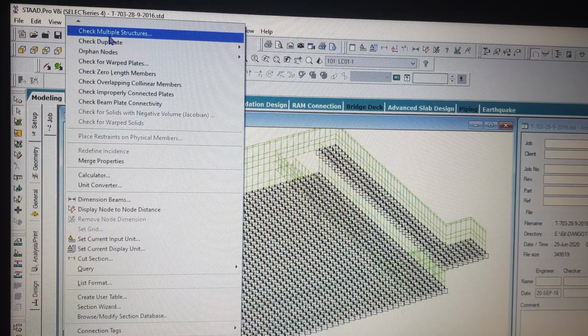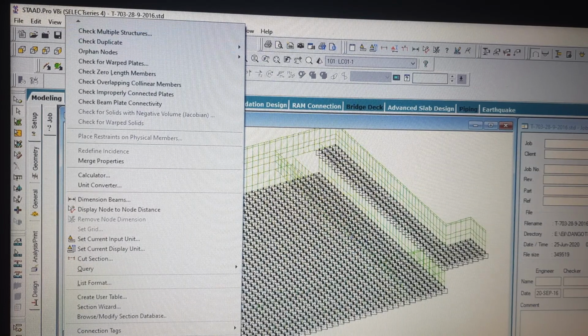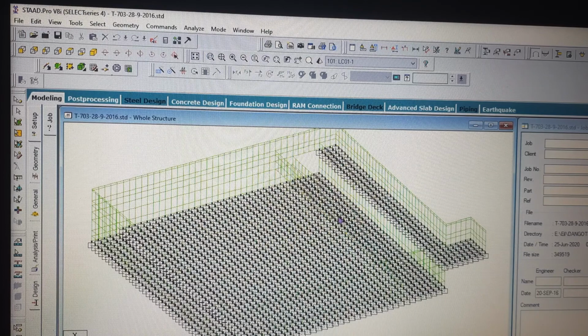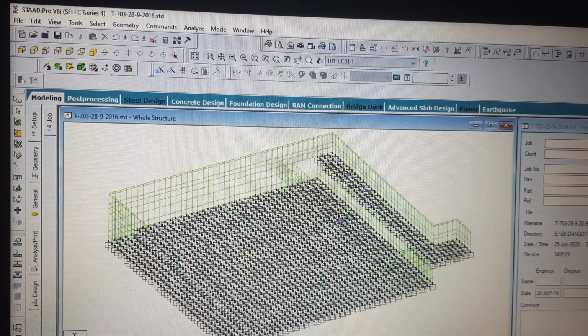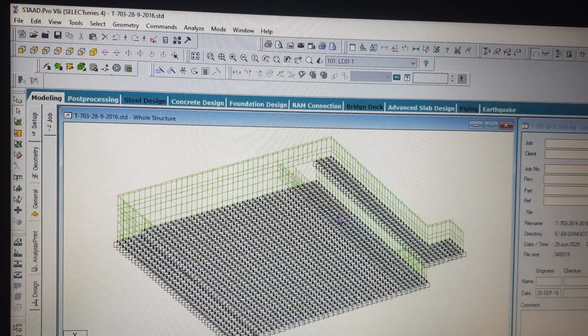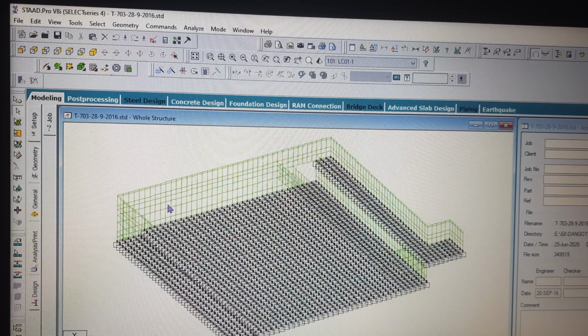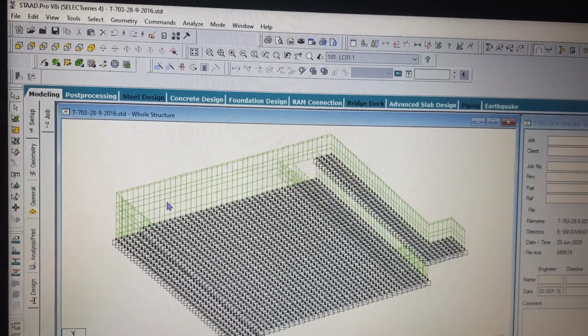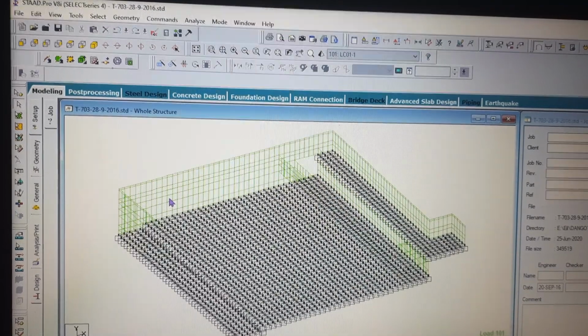This option is useful when you are modeling a large structure like this, where you may have duplicated something or missed something, because when your structure is large, there is always a chance of some discrepancies in the structure.